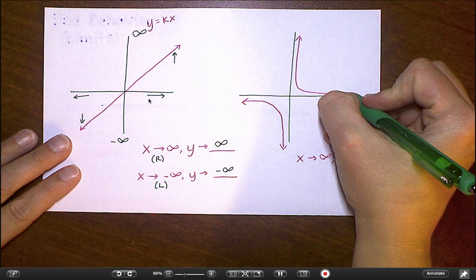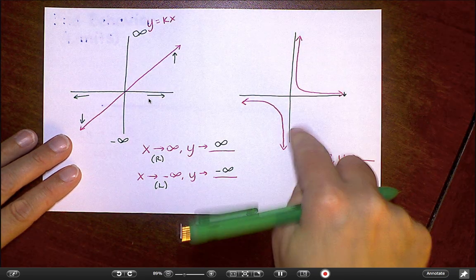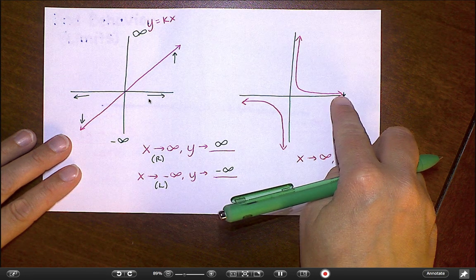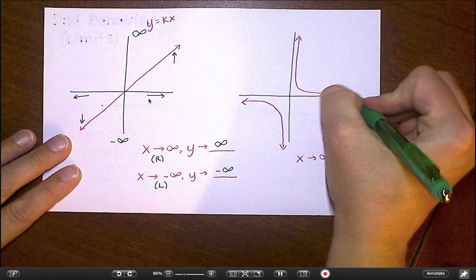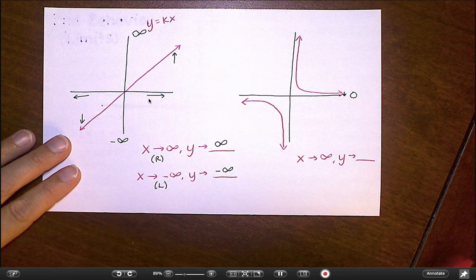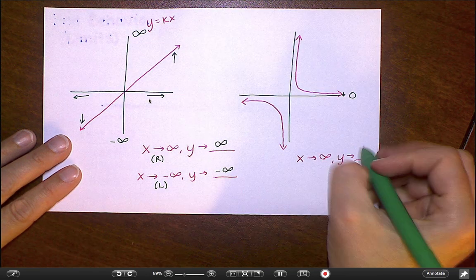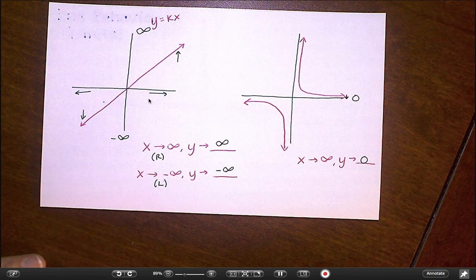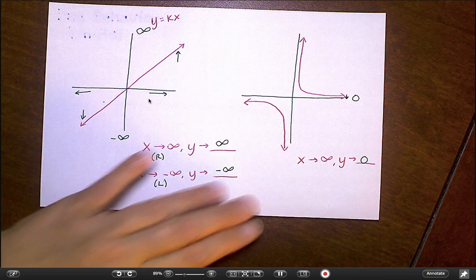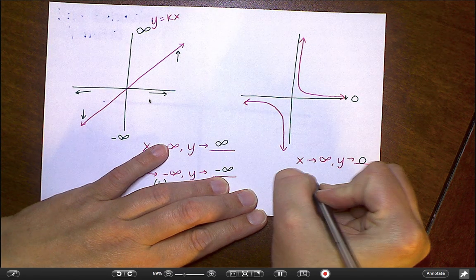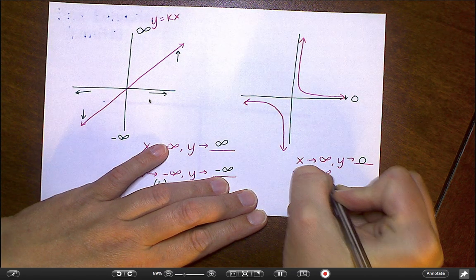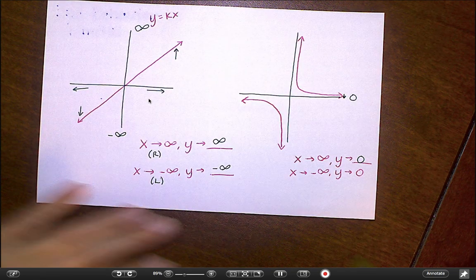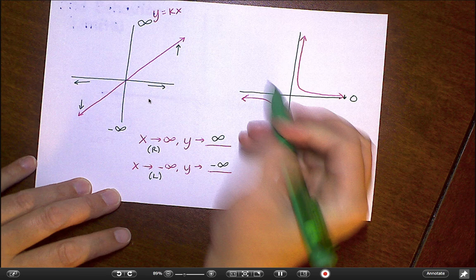These values are going down, but they're not going down forever like this arrow, right? They're just getting closer and closer and closer to that center line, which is 0. Okay, so we would say in this one, as x approaches infinity, y approaches 0. Okay, and in this one, really, when x approaches negative infinity, it's exactly the same thing. When x approaches negative infinity, y also approaches 0, because if you look at going to the left forever, these